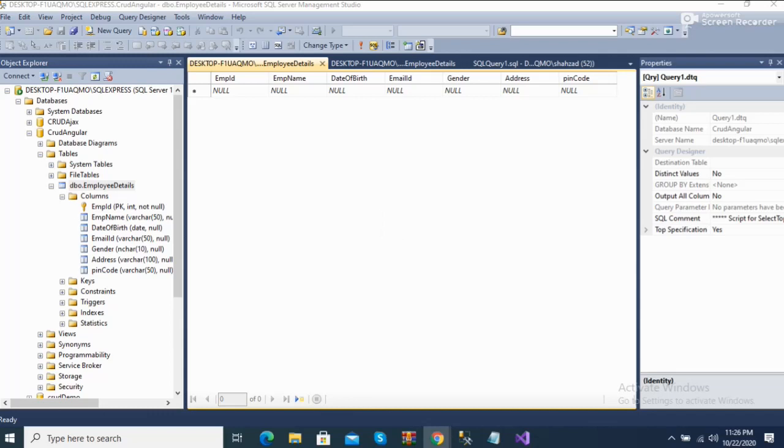So now we create the web application in Angular 7 that will consume the web API. First we have to make sure that we have Angular CLI installed. Open the command prompt and type the code npm install -g angular/cli. First you have to install Node.js. Node.js is the backend, but it is used to add NVM node version modules. So this will be used to create the Angular CLI application.